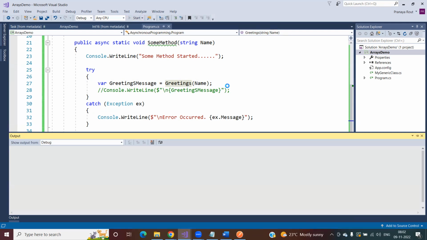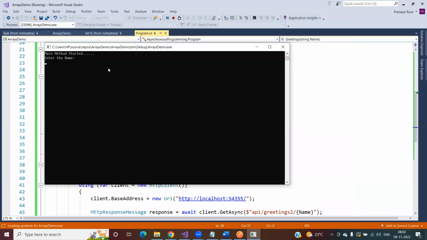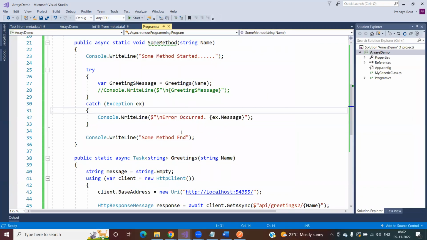Now, if you run the application, then you will see that. I'm coming to this part, some method end, and main method end. So you can see this is the thing. The thing that you need to remember is, if your method is throwing some exception and you are not awaiting that method execution, then in that case also the exception details will not